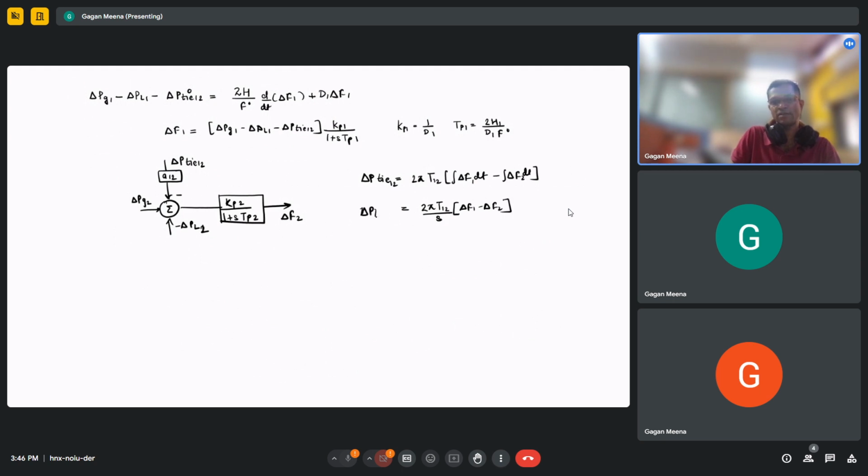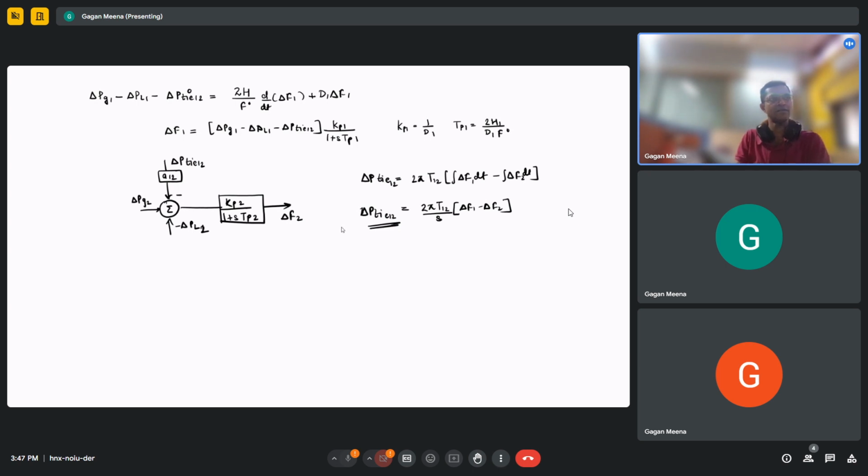Delta P tie has a transfer function represented like this. So similarly, just as we did for the multi-unit isolated system, if we write the equation for the entire diagram,